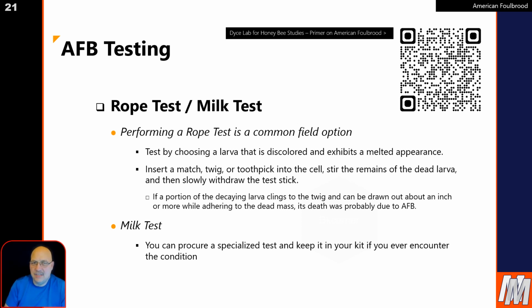Now, there's another thing that you should know about, just as information. There is a proper test kit that you can buy and keep in your beekeeping kit called a milk test, that you could take a sample, put it in, and it will determine whether you do or don't have American foulbrood. Again, if you suspect that you have it, this is a serious disease and you should contact your state